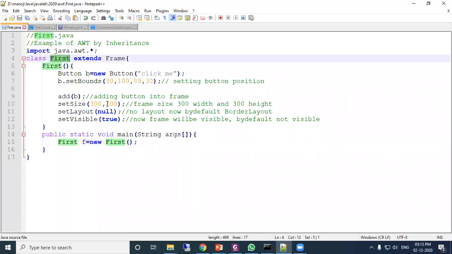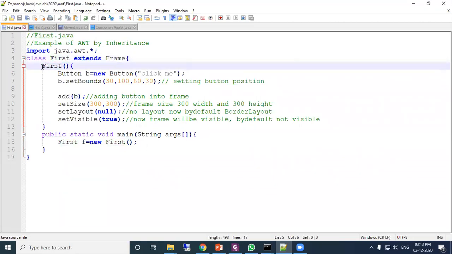The class name is Fast, and the Frame class is inherited. The Frame class is imported from java.awt, so it can be used in the class Fast which we have created.